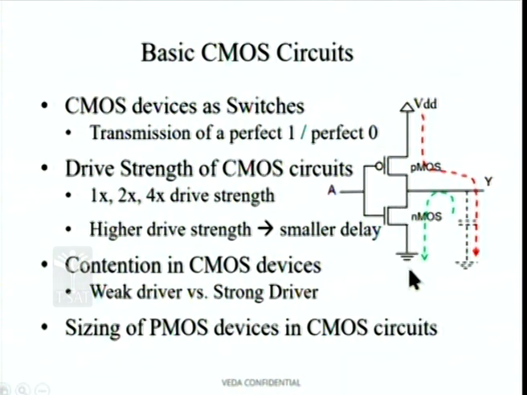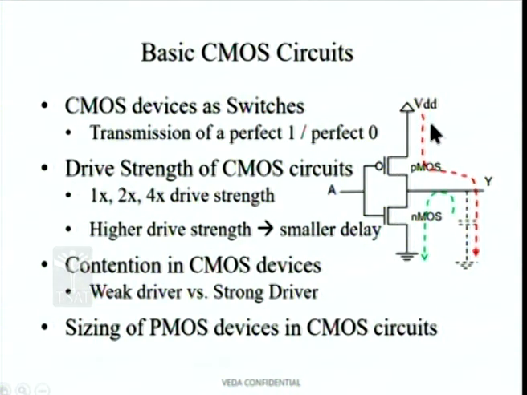You can think of ground as a logical input to this particular device when input A is at 1, meaning that this device is conducting. When this device is conducting, the capacitance completely discharges through to ground. Therefore, this ground value, which is a logic 0, is perfectly transmitted to the output Y, and output Y also sits at logic 0. Therefore, the output Y swings from VDD to ground, and this is called a rail to rail swing.